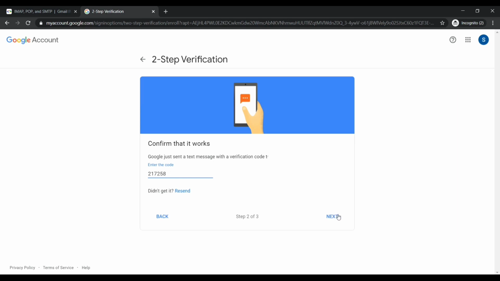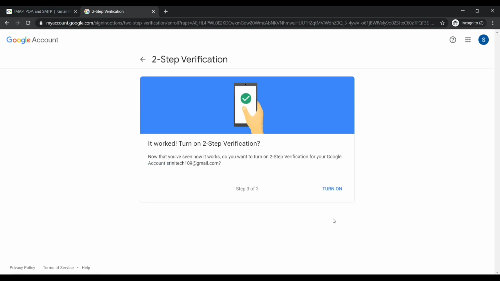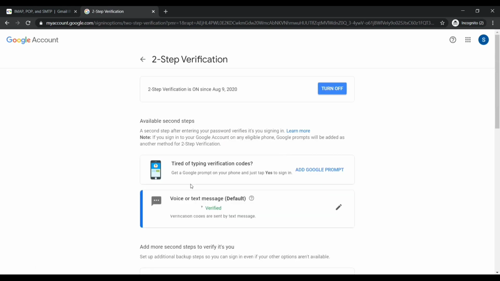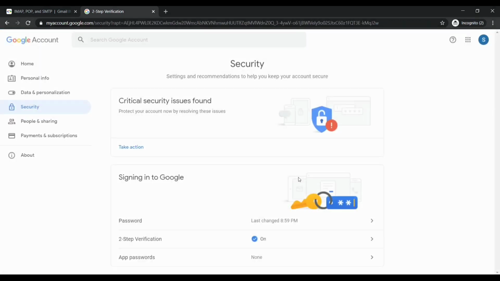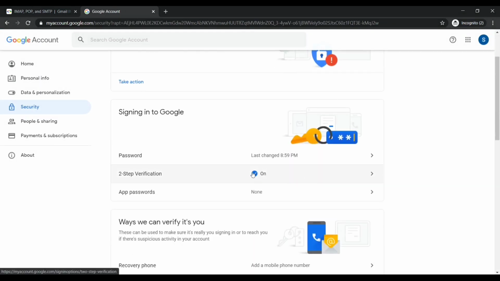After finishing entering, just click on next and it will ask whether to turn on two-step verification. Click on turn on. Now you will see it is verified. Just go back. In this one, see, now the two-step verification is on.